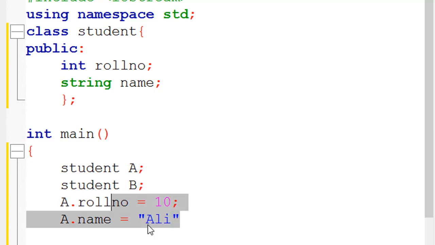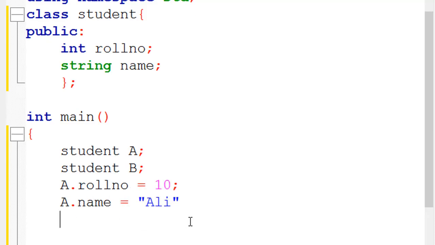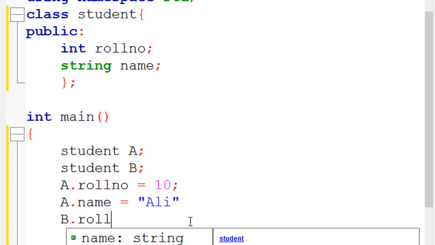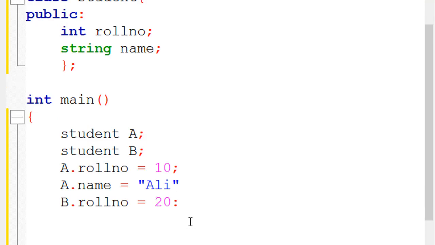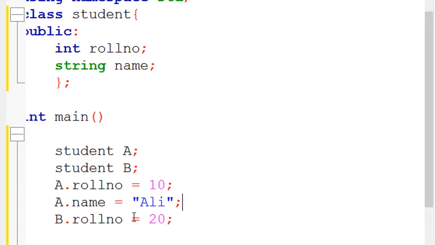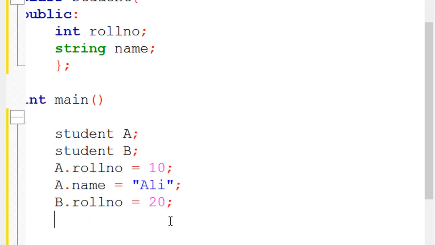Now we will define the information for object B. First we have to define the object, that is B. So B dot roll number is equal to 20, right? Sorry, I haven't put a semicolon over here and here. It will generate an error. So we define the roll number 20 and we have to define the name.